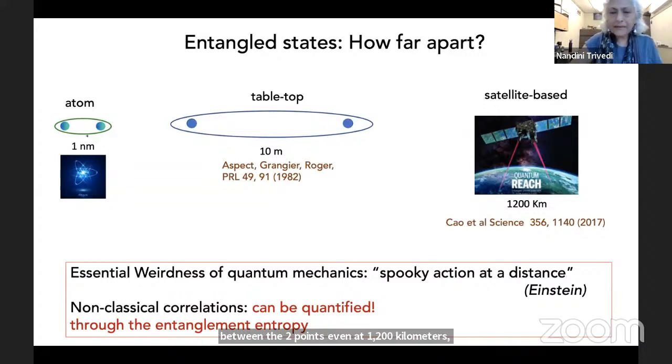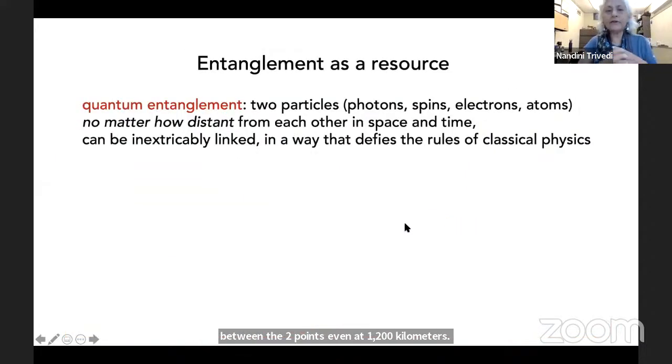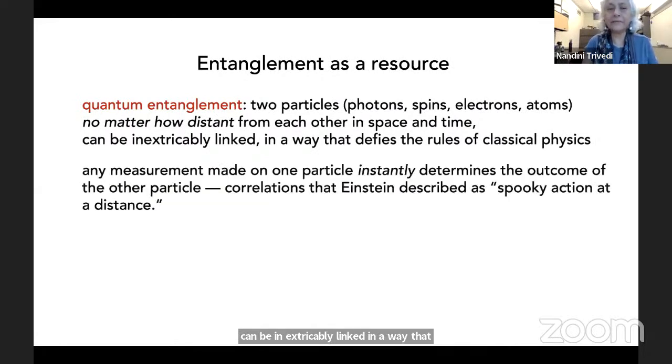So what exactly are these correlations? The entanglement essentially appears in the following way. Two particles, photons, spins, electrons, no matter how distant they are from each other in space and time, can be inextricably linked in a way that defies the rules of classical behavior. And any measurement on